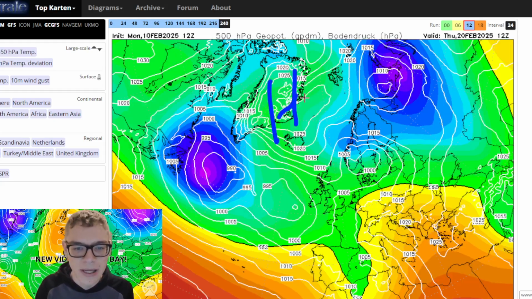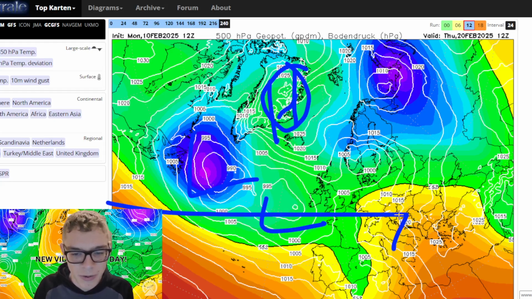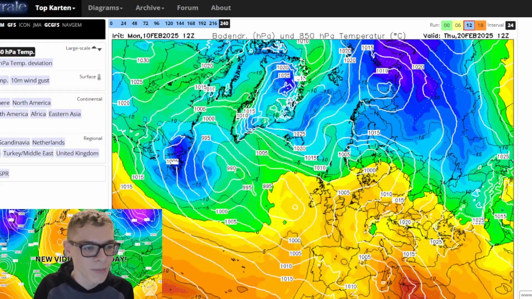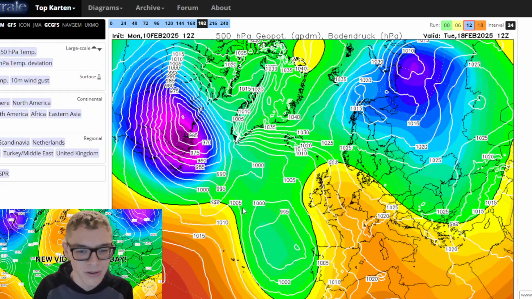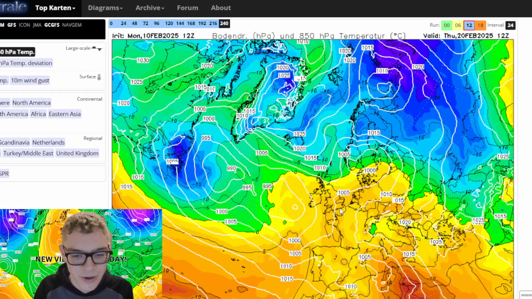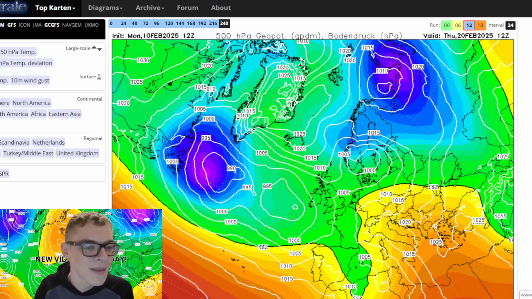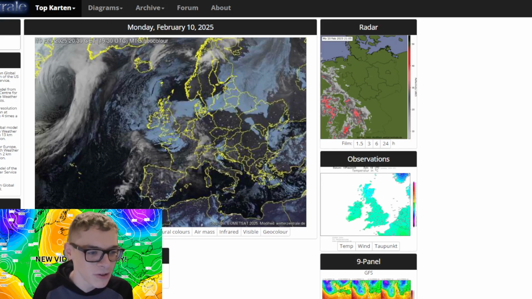Bit of a battleground between the colder air to the north. You see a little bit of weak blocking to the north. It's been displaced by the Atlantic. Low pressure's running in from off the Atlantic. Looks mild, wet, and windy. Actually very mild, with the 5-degree isotherm reaching the far south. Probably bringing the temperatures into the low teens, possibly, with that. Might feel like spring.